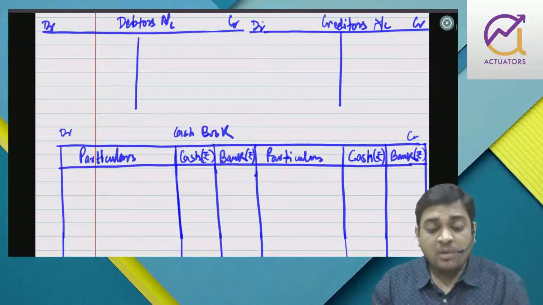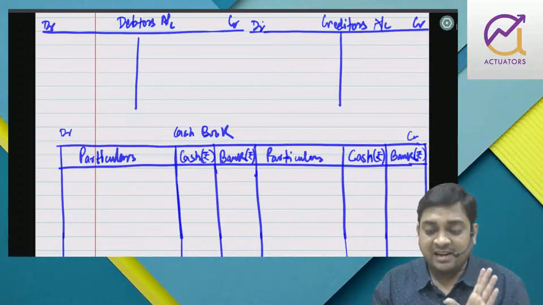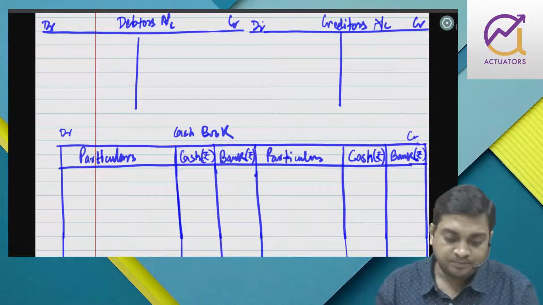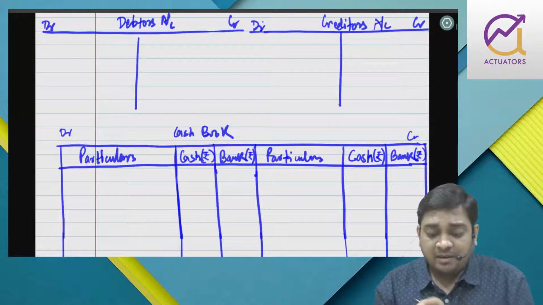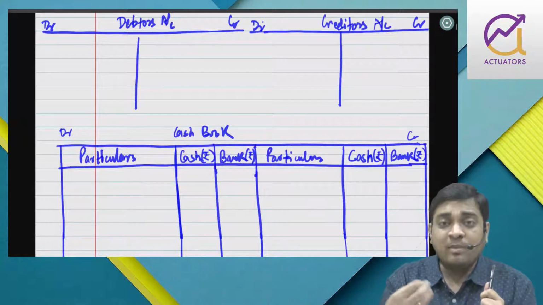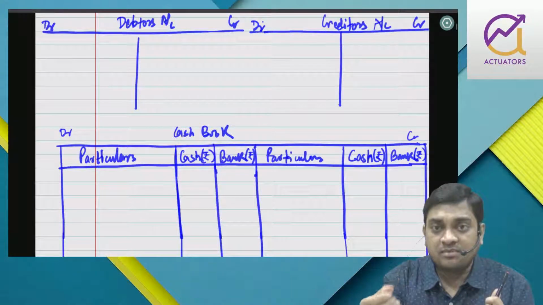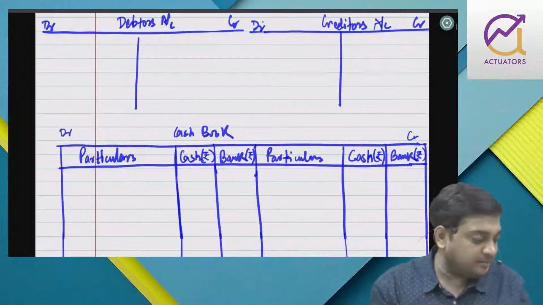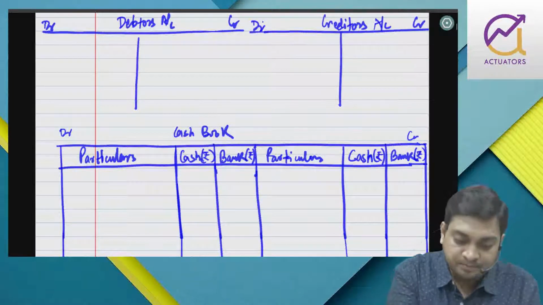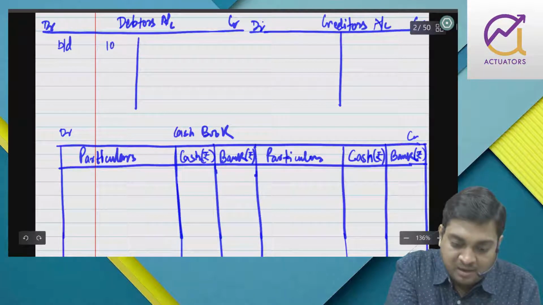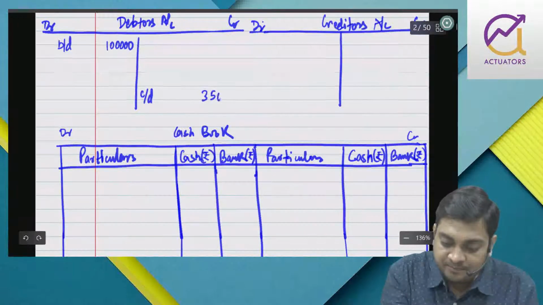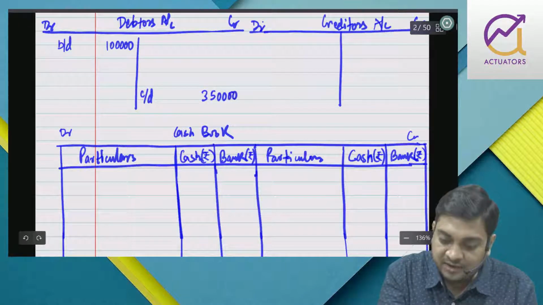Right? So somehow I have to prepare debtor and creditor for credit sale and credit purchase, but I have to prepare cash account also, so I'm preparing bank account as well. What will happen, you will find that there might be a case that you might get some other missing figures as well. Let us check. So if I have to prepare debtor account, I have to write out the balances. So opening balance is 1 lakh, closing balance is 3 lakh 50.